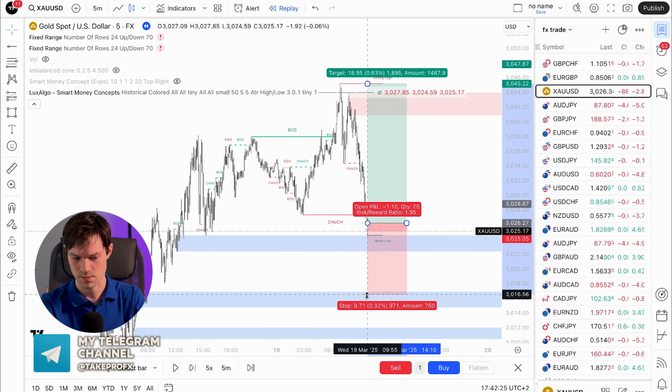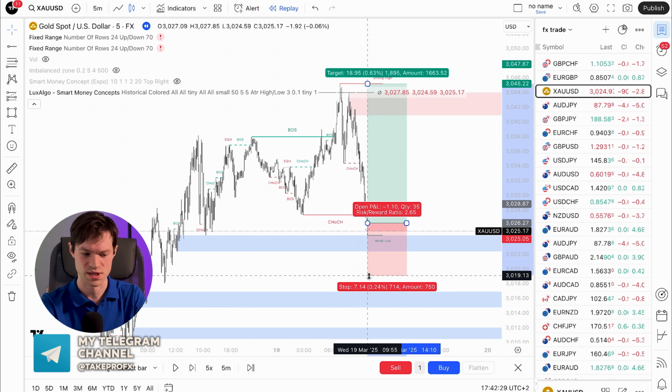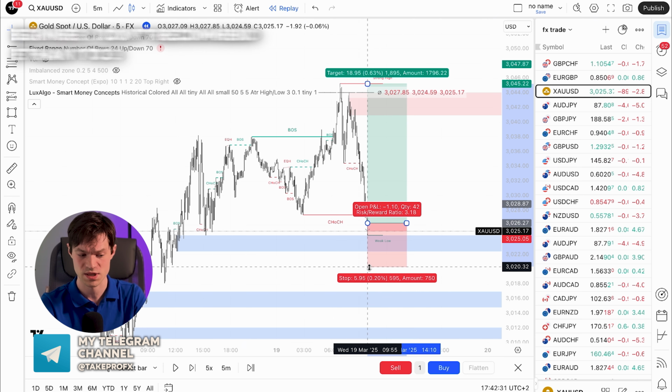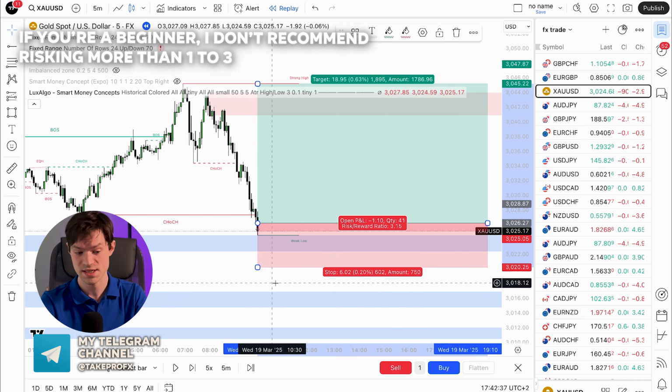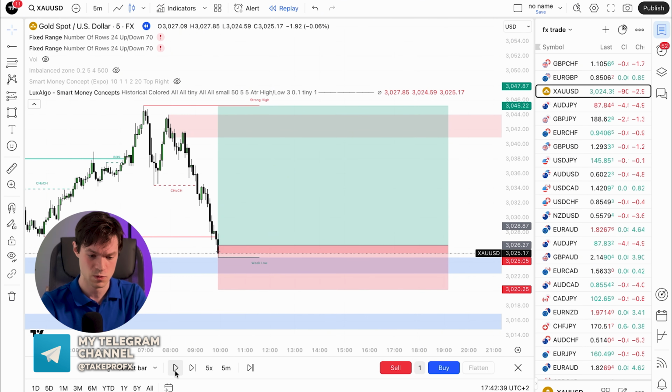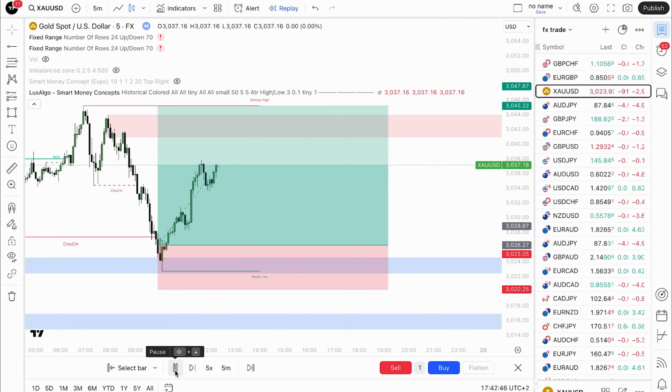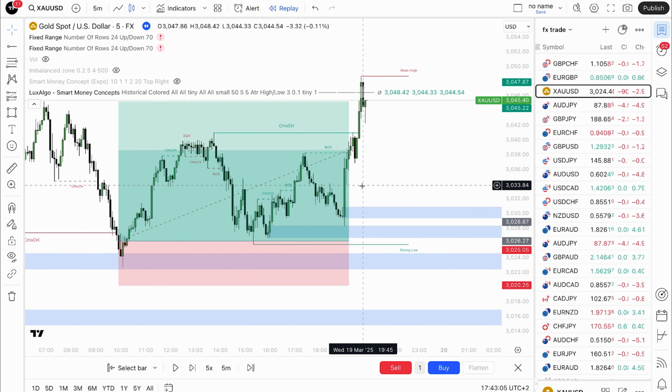Where exactly it doesn't matter here, it all depends on your risk, but I trade with a minimum risk of 1 to 3. So let's see how this trade will end and how it will work out. Yes, the trade was a little delayed, we even returned to our entry point, but in the end, on this signal, we get the result of 3,752. This trade we made on March 19.